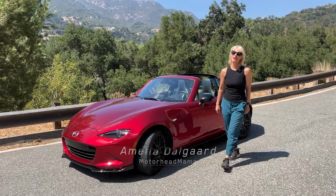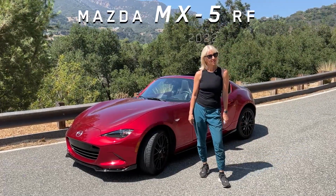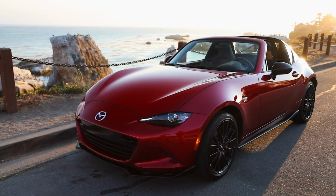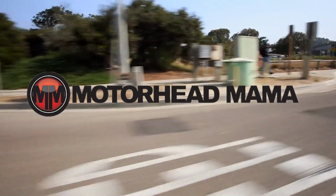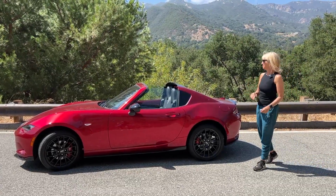Hey guys, I am here today with this. This is the 2022 Mazda Miata MX-5. Let's get into it. So the model I have here today is